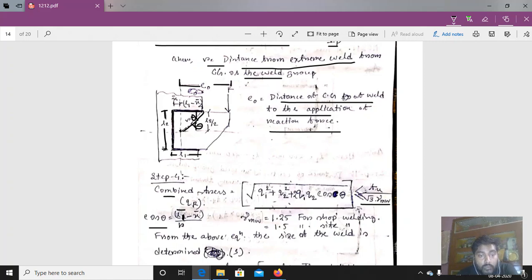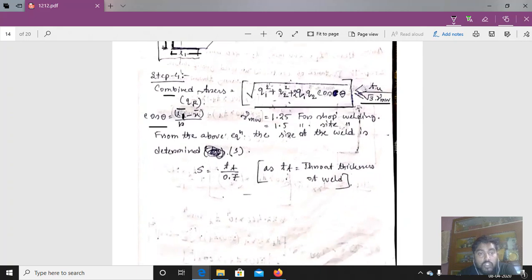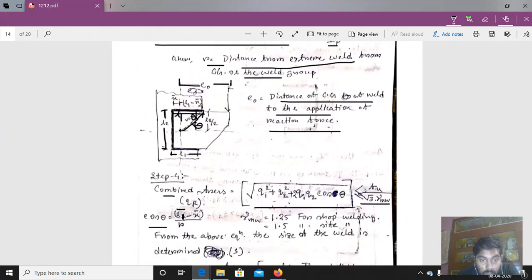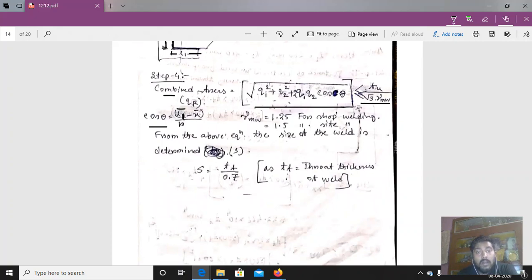If we want to find cos theta, it is base by hypotenuse. This distance, from here to here, is L1. So L1 minus x dash divided by R, that is the hypotenuse value we know. So we can determine cos theta. Gamma mw we know is 1.25 for shop and 1.5 for site welding. So from the above equation,